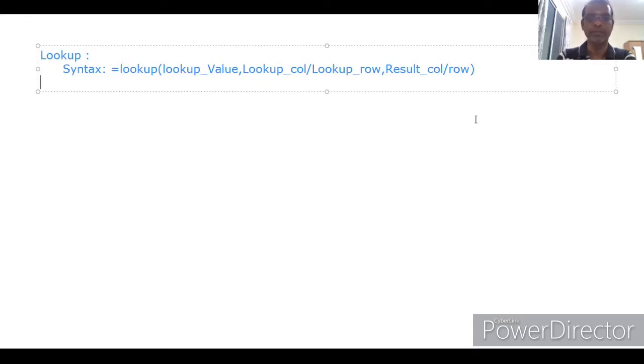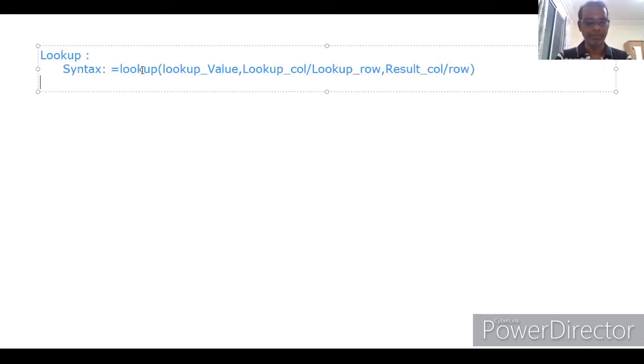For example, if you want to find one number in the first column or first row, last column as well as last row, whatever it may be, we should go for lookup.